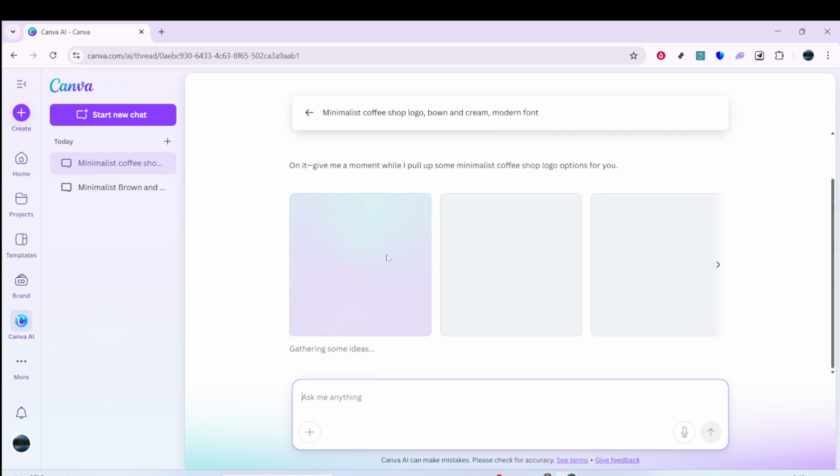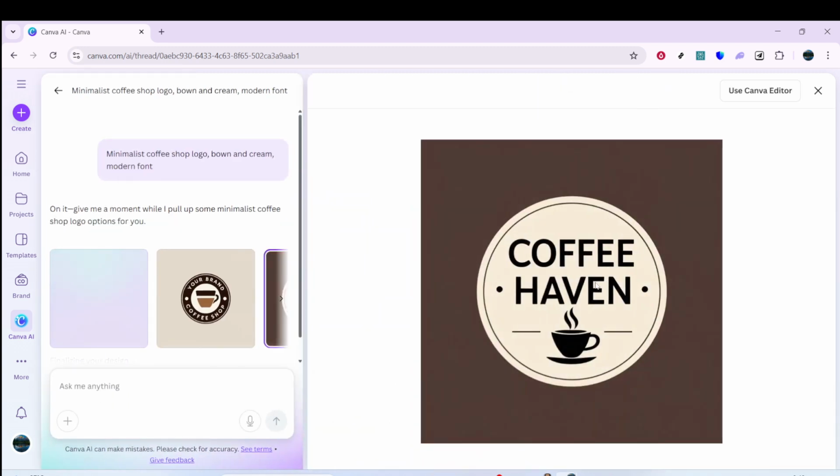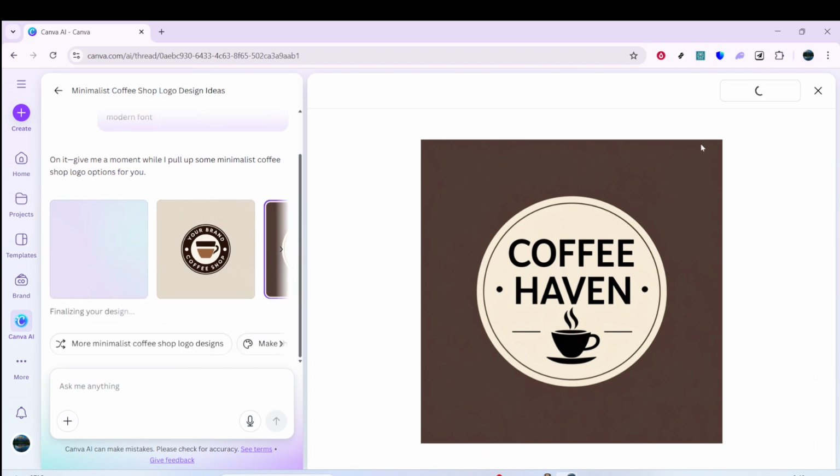We'll refine it next. With your favorite concept selected, customize it to fit your brand. Replace any placeholder text with your shop name and tagline, and choose a modern, readable font. Adjust the colors to a warm brown and soft cream for a clean coffee-inspired palette. If there's an icon, you can swap it for a simple cup, bean, or steam graphic, and then tweak size